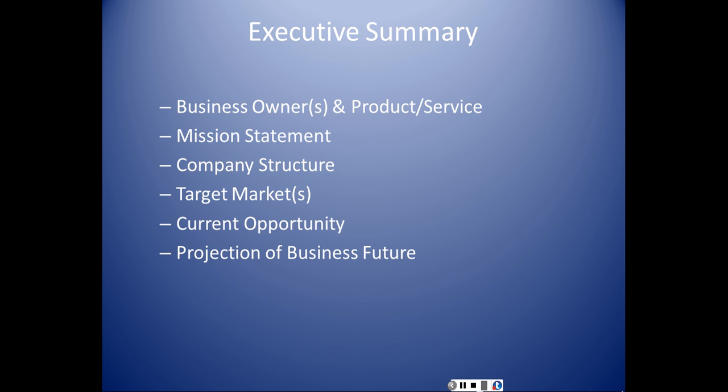Unlike sole proprietorships and partnerships, corporations pay income tax on their profits. In some cases, corporations are taxed twice. First, when the company makes a profit, and again when dividends are paid to the shareholders on their personal tax returns. So that's one reason that some people sometimes don't like to use a corporation. They would rather do something different.